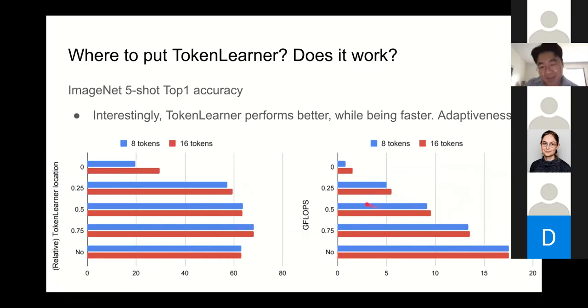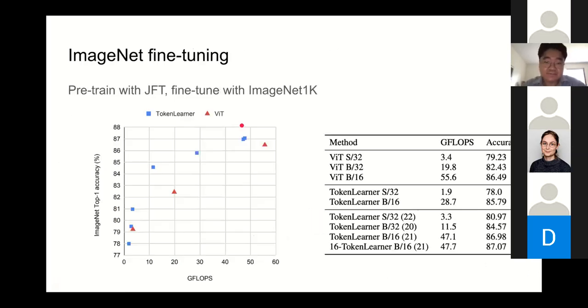What you are able to see is that, yes, the earlier we apply TokenLearner, the more computation we save. And interestingly, if we apply TokenLearner toward the end, it actually performs better than not having TokenLearner, and it saves computation as well. This is due to the adaptive nature of our token. Our token is not just a fixed split, it reacts to the input, and I think this shows its power. And if we insert TokenLearner exactly at the middle, we save about half the computation and maintain the performance, which is what we used for the other experiments.